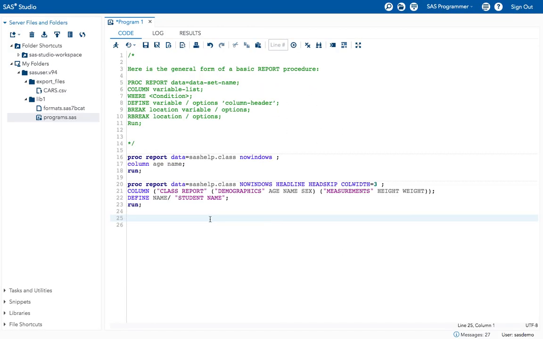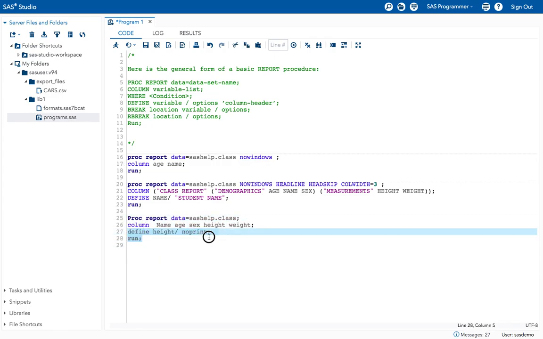See, the next option is the no print option. For example, now I want to print all the variables, and I don't want to print the height variable in my results. How can I do that? Especially for the height variable, I have used the define statement, and I have given the no print option. Now execute the program.